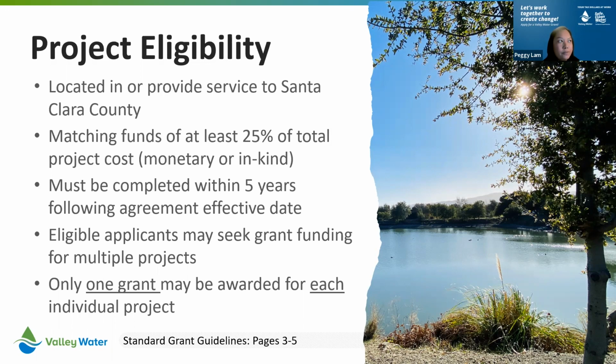Since we do have 6 different priority types, if you're doing a project that might fit into multiple project types or funding areas, we would recommend that you select the project type with the strongest fit, because we will be going over the scoring rubric later. The project type that you choose will be based on the scoring, so you want to make sure that you choose the best project type.